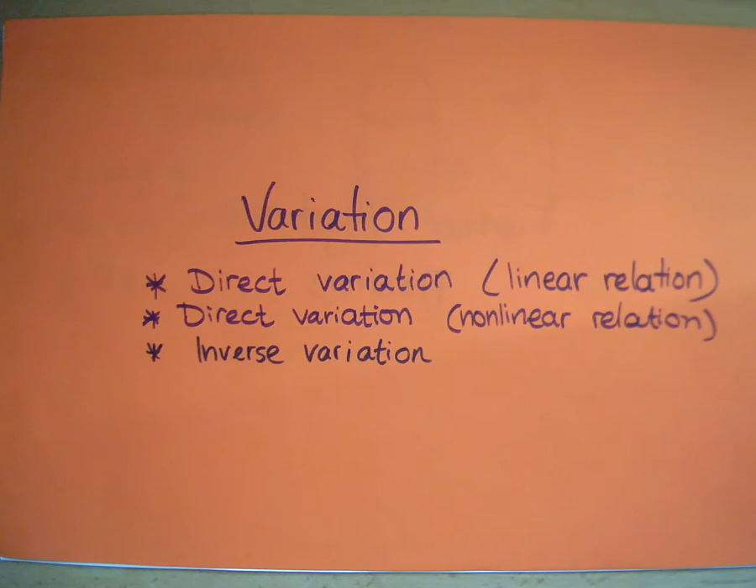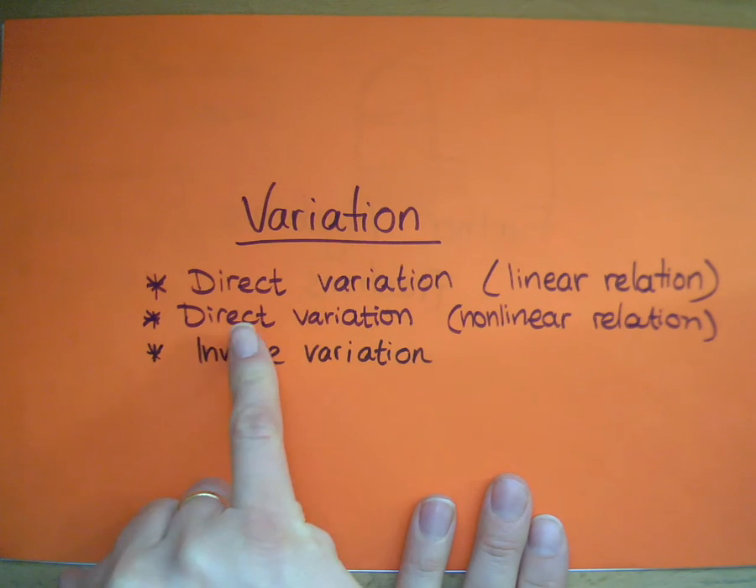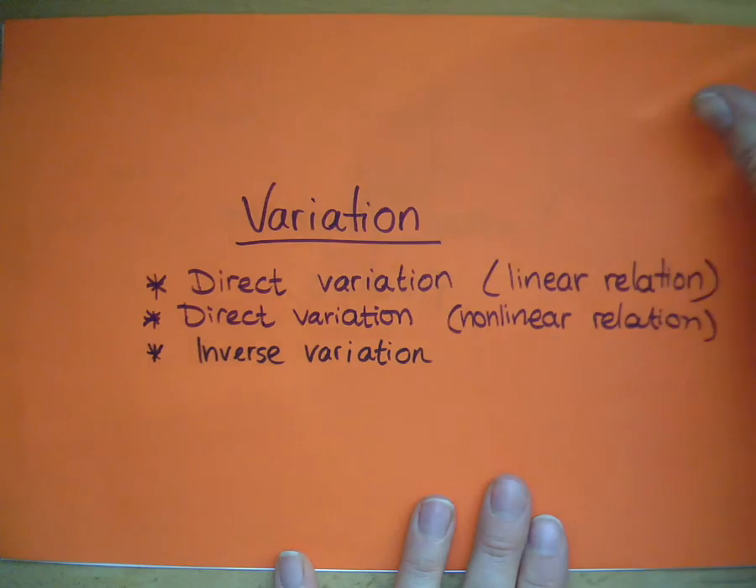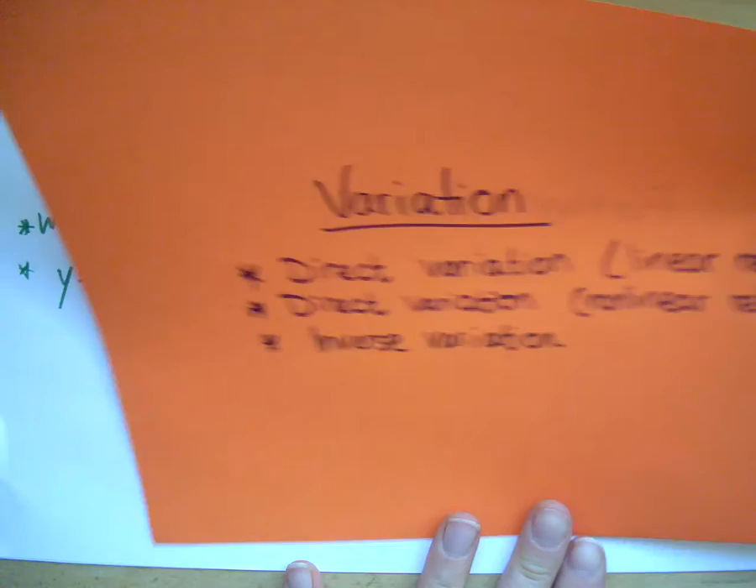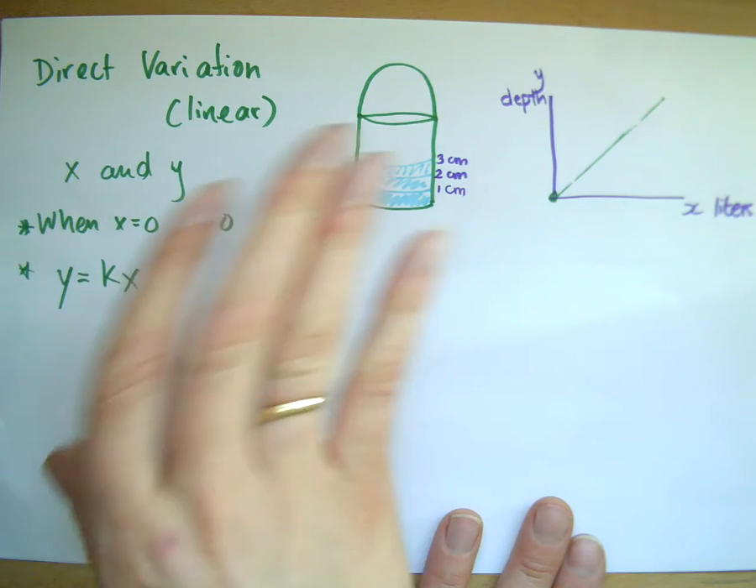We are still looking at variation. We've looked at direct variation. Today we're adding inverse variation. The things we did before were situations where two variables were directly